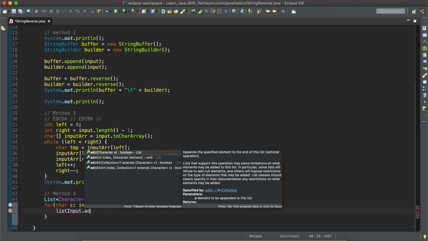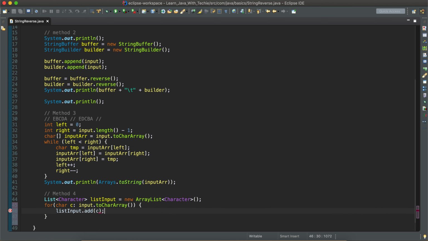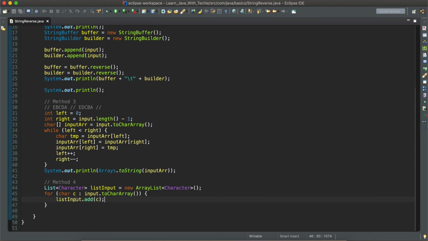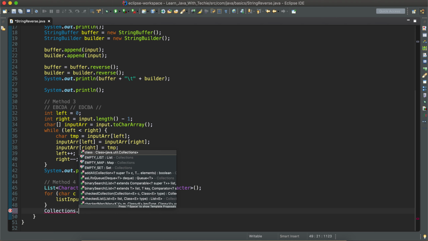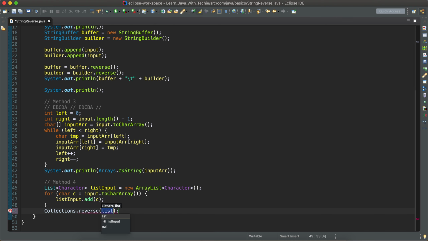List input dot add of c. Now the list will have all the input characters. For each and every iteration, it's going to fetch a character and we add that character to the list. Here the input is A, B, C, D, E, so it's going to add A, B, C, D, E to the list input. After adding all the characters to the list input, we are going to use Collections dot reverse of a list.